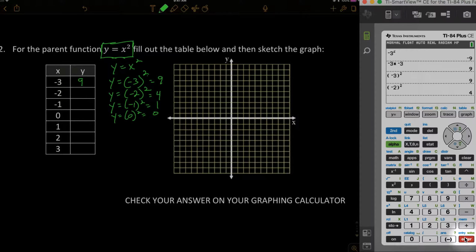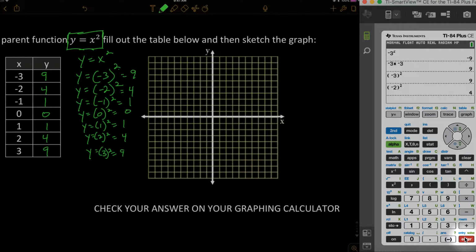When I put in -3, I got a 9. When I put in -2, I got a 4. -1, I got a +1. 0, I got a 0. Now if I plug in 1, 1 squared is 1. If I plug in a 2, 2 squared is 4. If I plug in a 3, 3 squared is 9. So I get the point negative 3, 9,